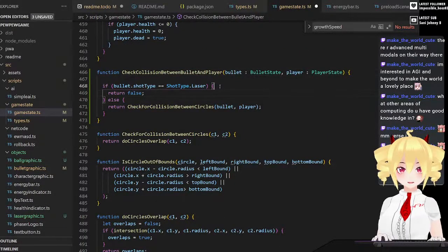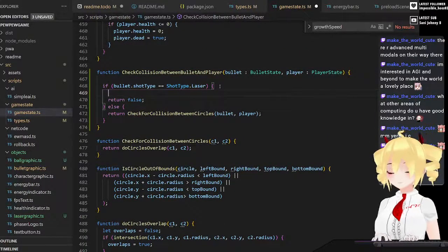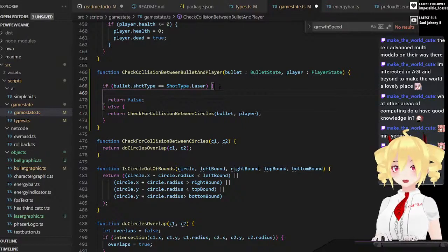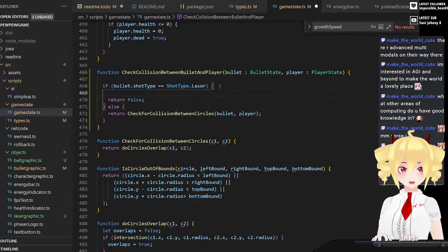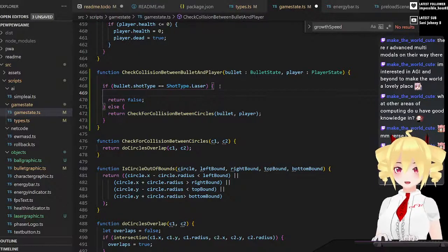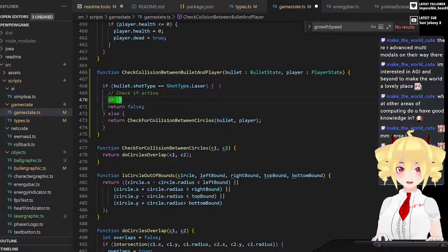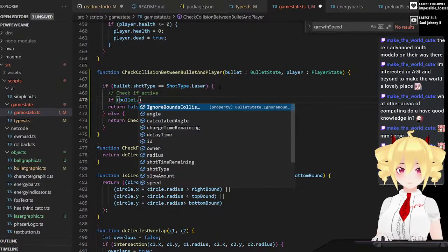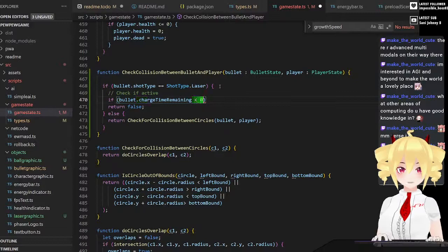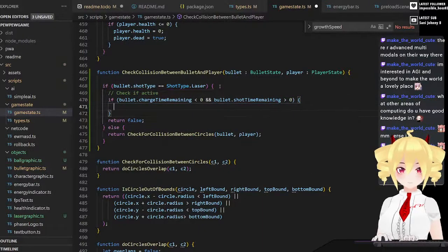So if it's a laser, we really need to get the lasers, check if active. So if the charge time is less than 0, and shot time remains greater than 0, that means it's active. Then,